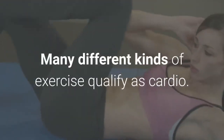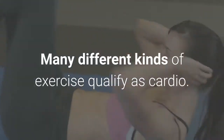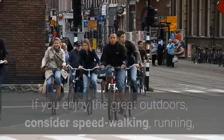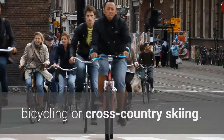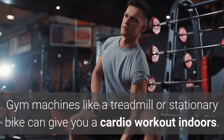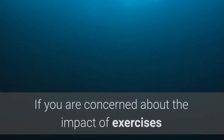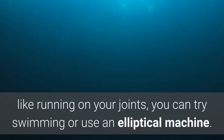Many different kinds of exercise qualify as cardio. If you enjoy the great outdoors, consider speed walking, running, bicycling or cross-country skiing. Gym machines like a treadmill or stationary bike can give you a cardio workout indoors. If you are concerned about the impact of exercises like running on your joints, you can try swimming or use